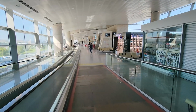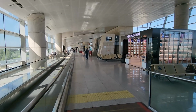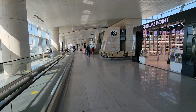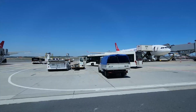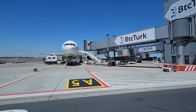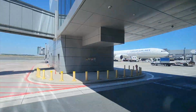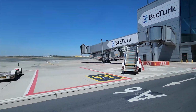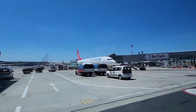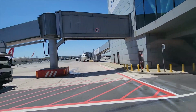Yeah, so here we go. This is what the airport looks like on the gating area, and I'm going to gate 103, which is all the way at the very end. Turkish Airlines uses their Boeing 777s and A350s, and the occasional A330 as well, just to do some rotations with the aircraft. So sometimes people get an upgrade on their aircraft instead of flying the regular Boeing 737s or the